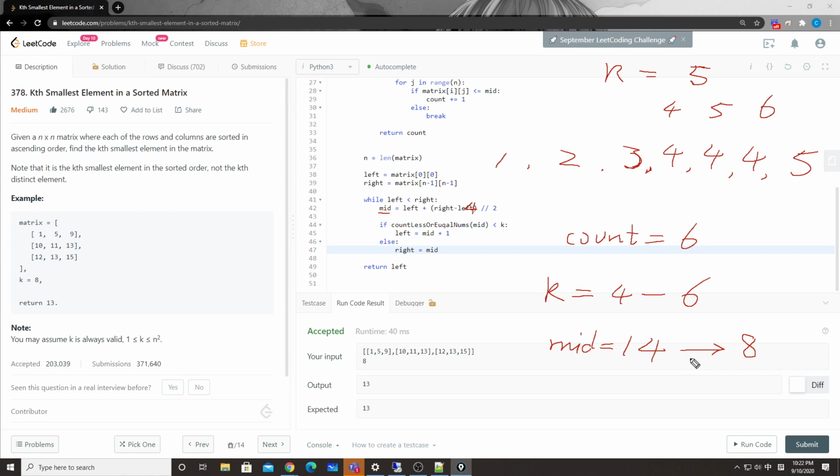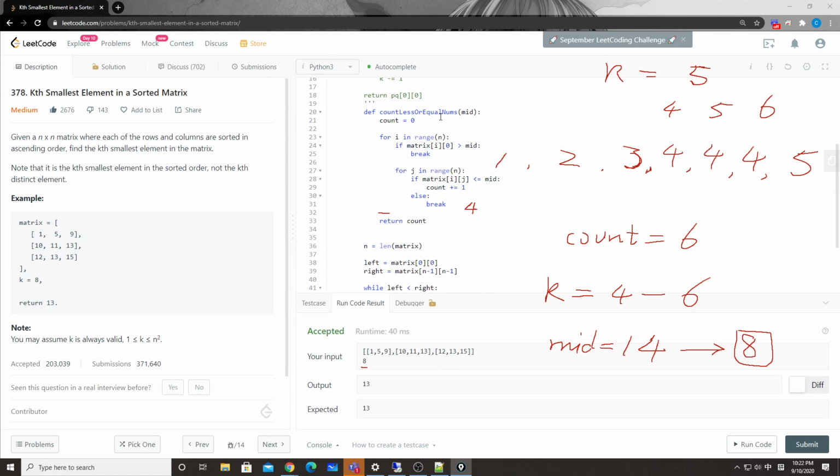Okay, it's 8, and our input, our case, is also 8. So we're trying to find the smallest number that satisfies this count equal to 8, right? Since 14 is not there, and since our count includes the middle itself,